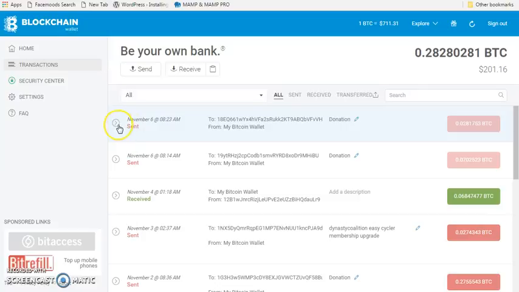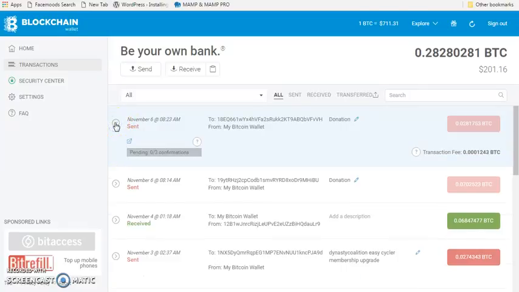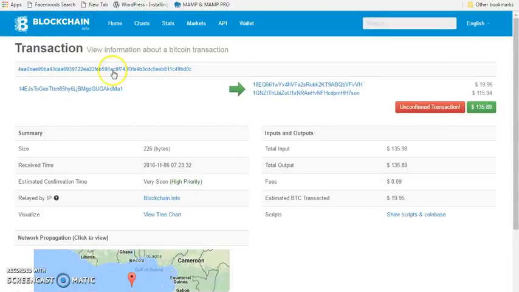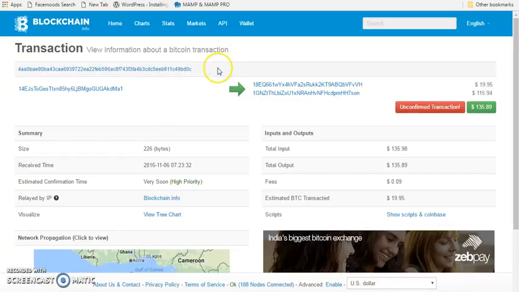As usual, you're gonna come to this button here, drop it down, and click on this arrow that is pointing diagonally up. You click on it, and yes, this is the transaction we made. Since we can find it, then all we gotta do now is to copy the transaction ID. You copy it,